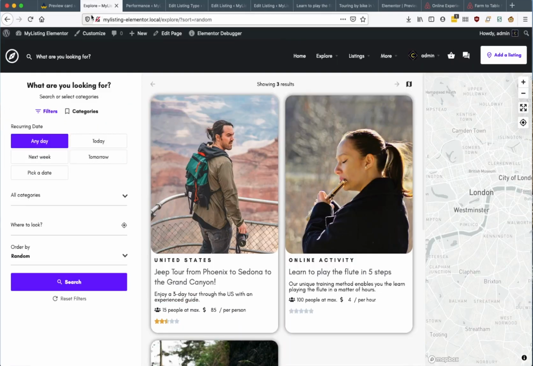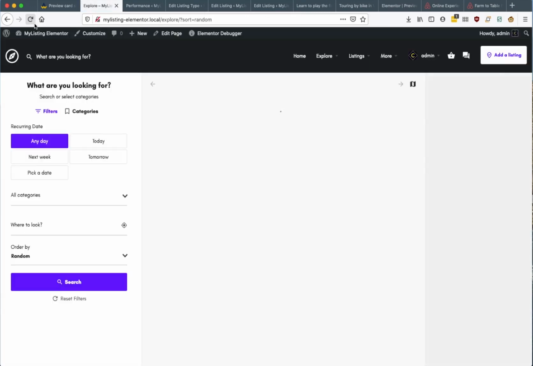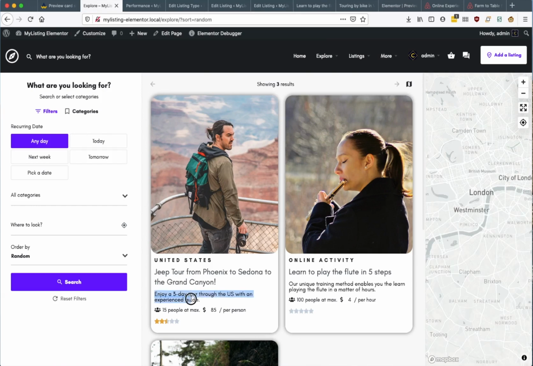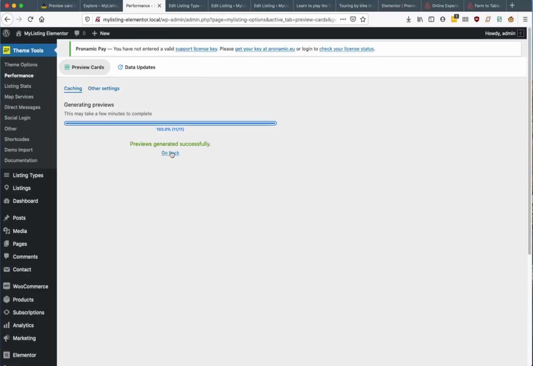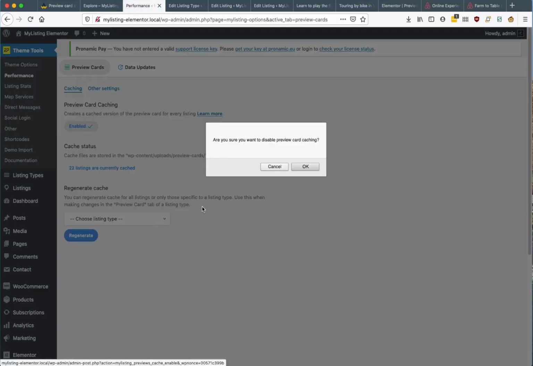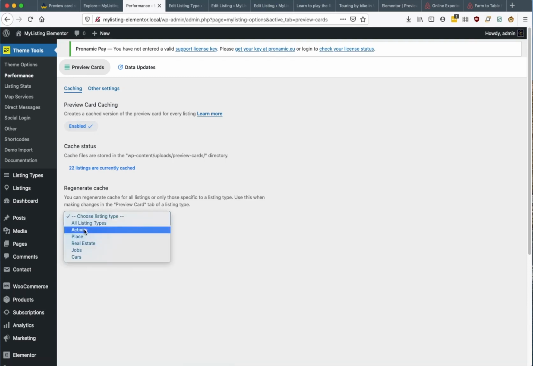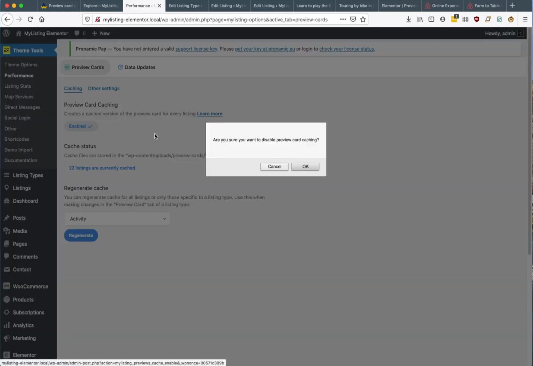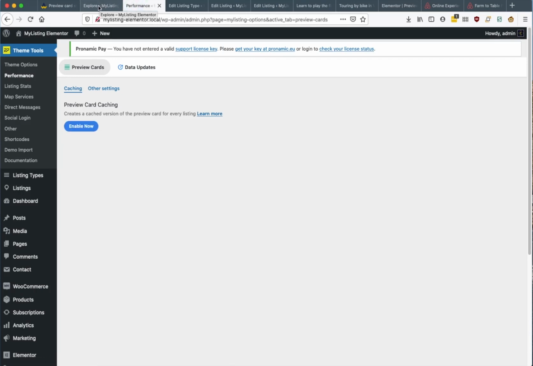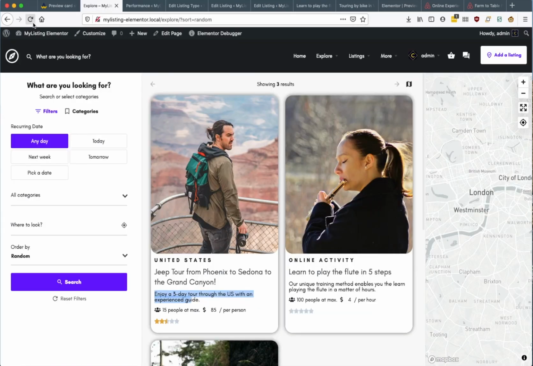Now, if we go back to this explore page, you might see that the times is not popping up. That is because we generated performance caching. So if you change this to a style, you have to either choose regenerate for your listing type or disable the caching. For the purpose of this tutorial, we'll disable it, and when we refresh,